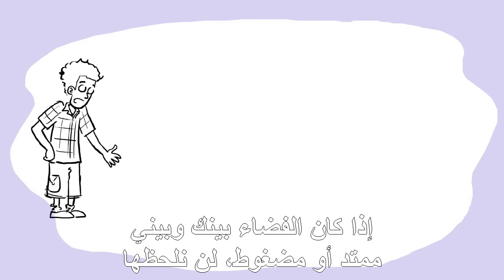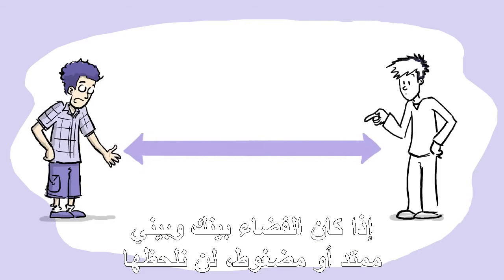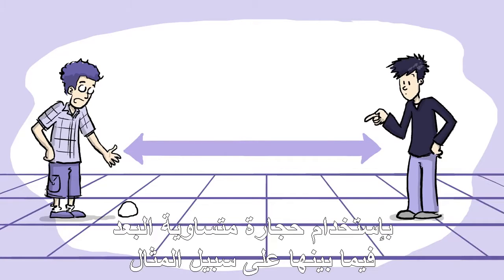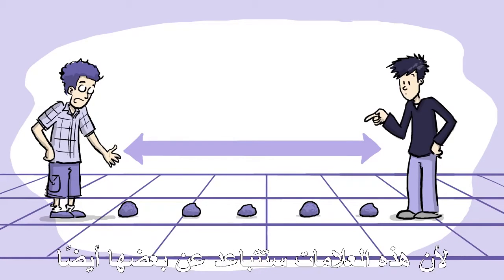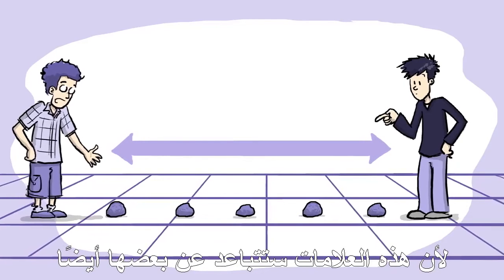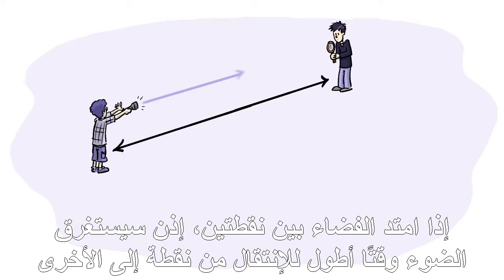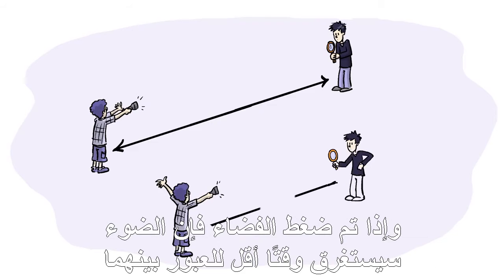How would you observe a ripple in space? If the space between you and me stretched or compressed, we wouldn't notice it if we had made marks on our metaphorical rubber sheet, for example, using equally spaced rocks, because these marks would also get stretched further apart. But there is one ruler that doesn't get stretched, one made using the speed of light. If the space between 2 points gets stretched, then light will take longer to go from one point to the other. And if the space gets squeezed, light takes less time to cross the 2 points.